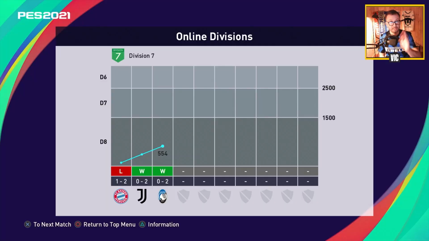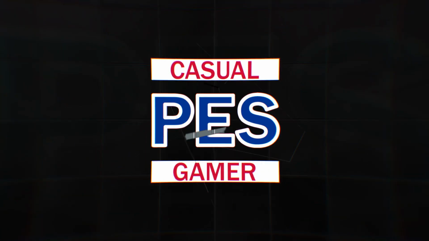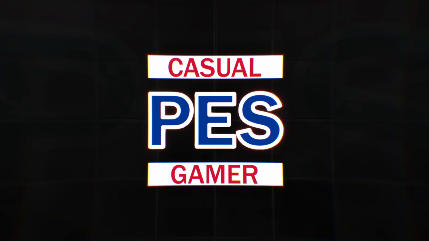Okay, so to summarize the results right here, we lose the first one on a couple of bad goals. We play okay, then we adjust the defense a little bit. We pick up 2 solid 2-0 wins. Okay, so let's do like a quick recap. I think this formation is definitely worth checking out if you want to play with City and you want to